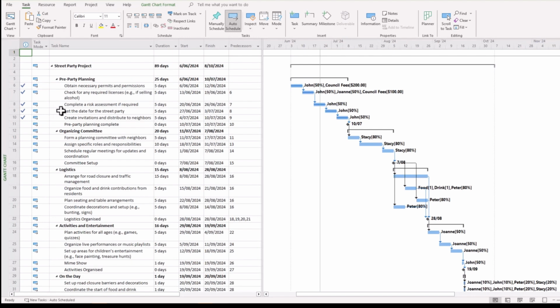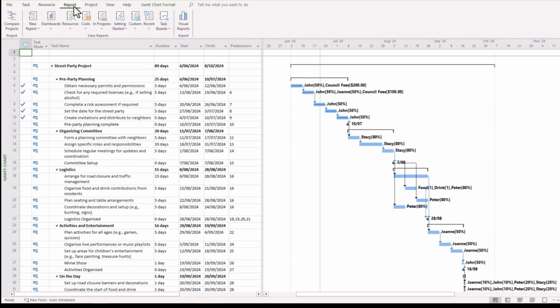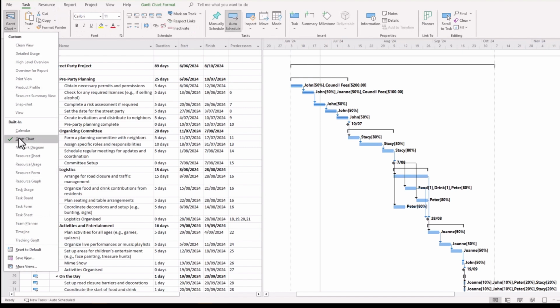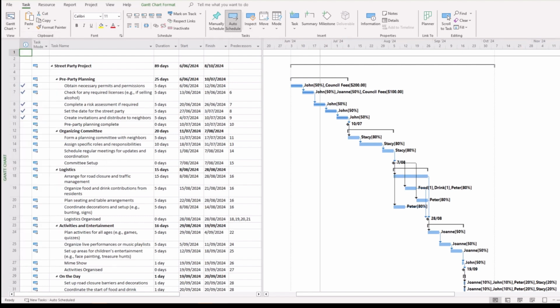So by using our report functions, resources and costs, and looking at the resource usage sheet on our options here on the top left-hand corner of our worksheet, we can really improve our project management game by utilizing these and giving confidence to our project team and our project boards.